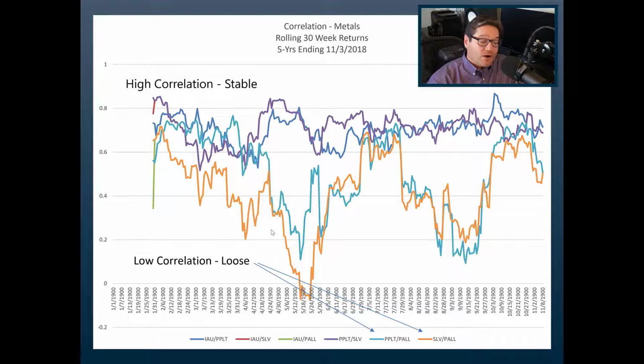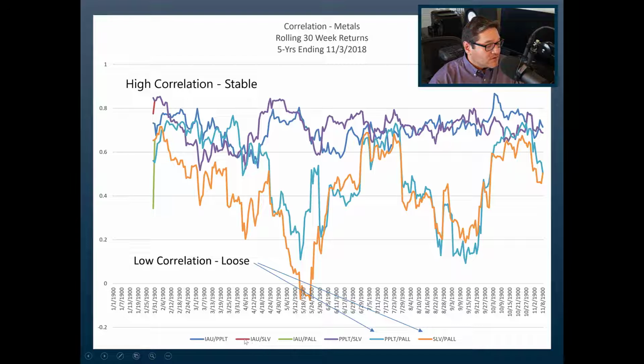So there's 4 here, and we're looking at the correlations between those 4. You can see we have high stable correlations between these top 2 lines here. They're both relatively high, and they both kind of stay close together, right? And those would be your relationship between gold and platinum, and the other one